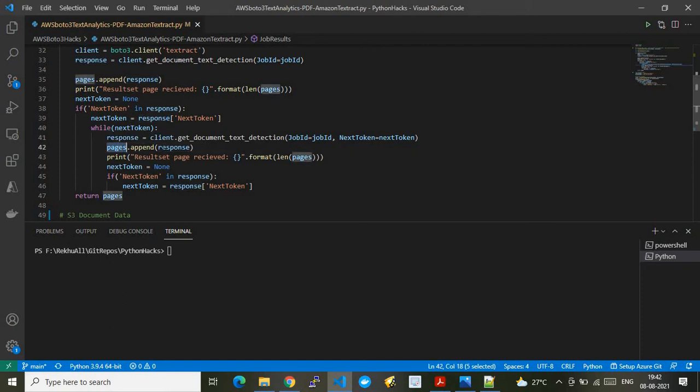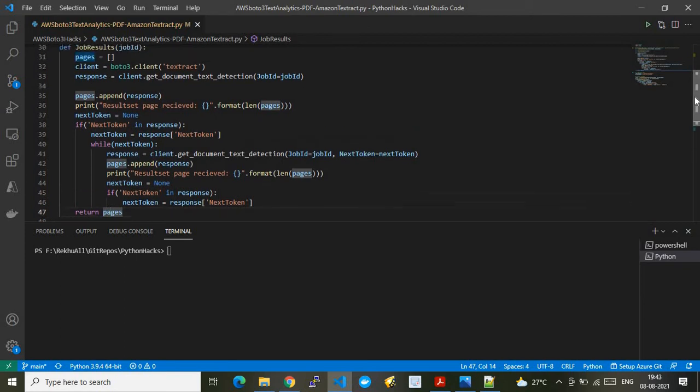Finally we are appending the response in a pages array. We are doing multiple operations and finally collecting the output in the form of pages, nothing but an array. We are extracting the required text from the result, putting it in an array and returning it.